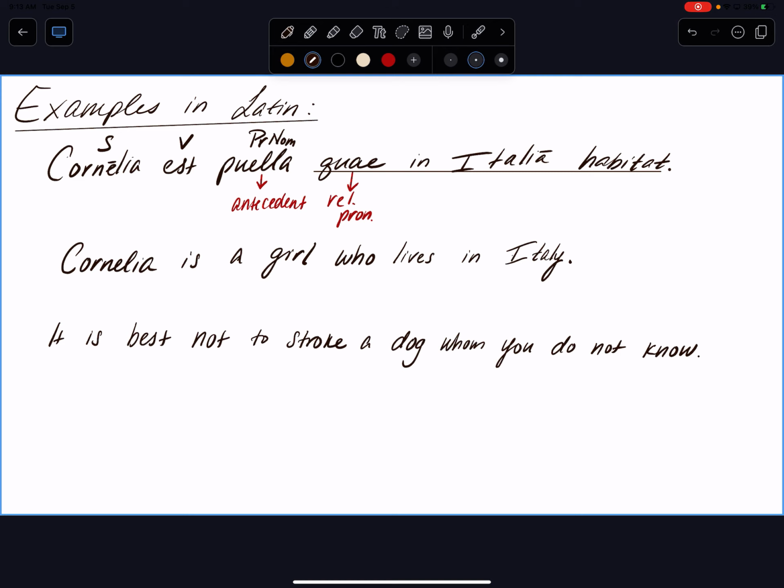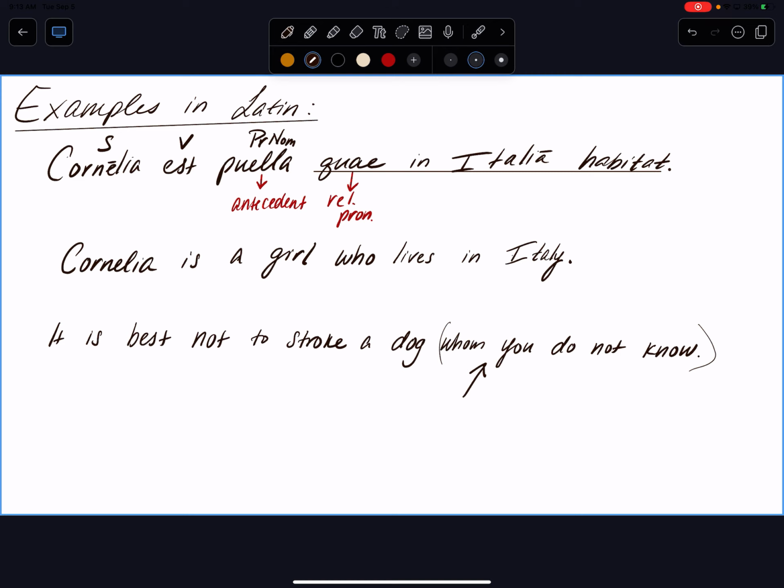I think this is my relative clause here, "whom you do not know." There's no comma because this information is essential to what's being conveyed, right? You could stroke a dog, like any dog, but specifically the ones you don't know are the ones you should not pet. That's why it's giving you information that's crucial to what's going on in the sentence. Whereas,